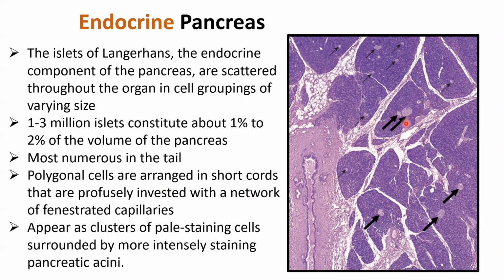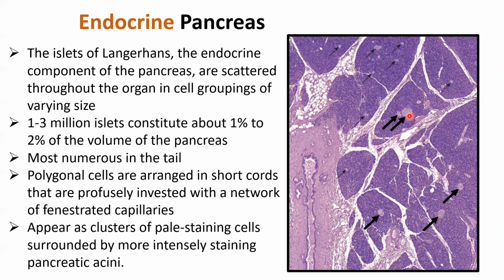If you look at them in high magnification, you find a lot of capillaries. Why? Because you need to get the secretion. It's an endocrine organ. You need to get the secretion right into the circulation. So they call it fenestrated capillaries, which are capillaries that have wide openings between the cells. It's called fenestration. So the traffic can go really quick between the secretion of the islet and